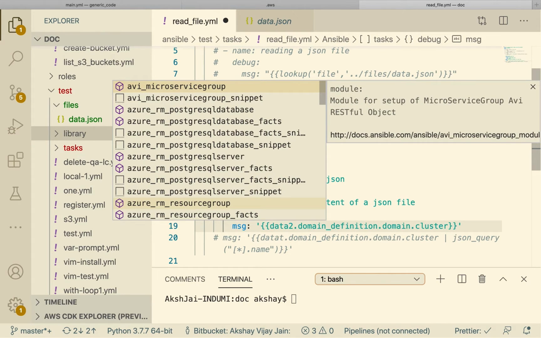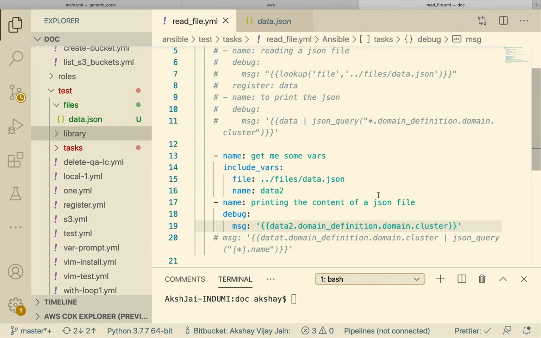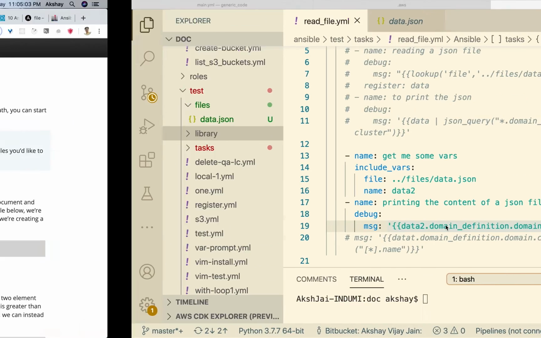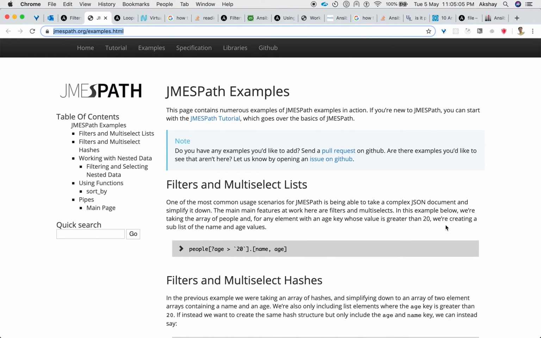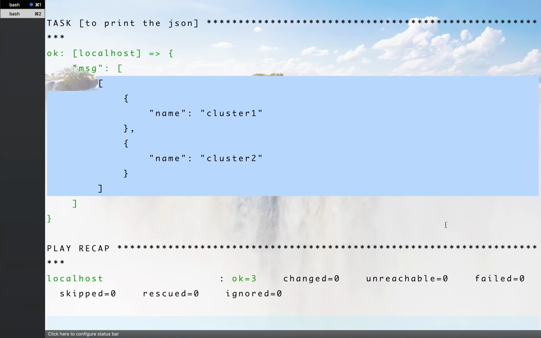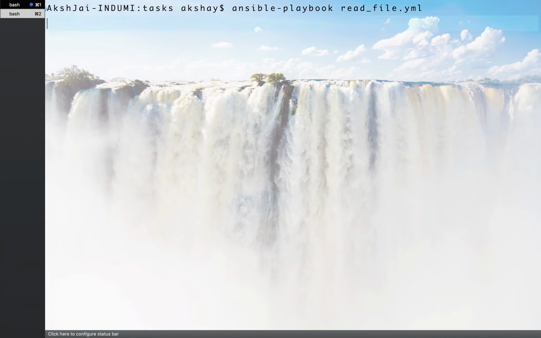Okay, so we'll see data2.domain_definition.domain.cluster. Let's do that. Clear the console.